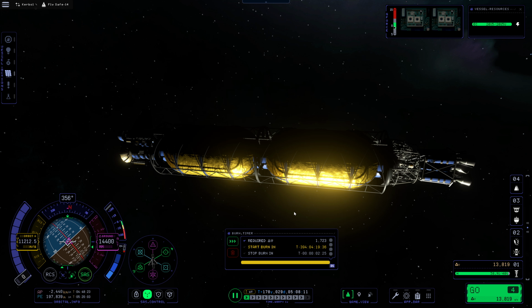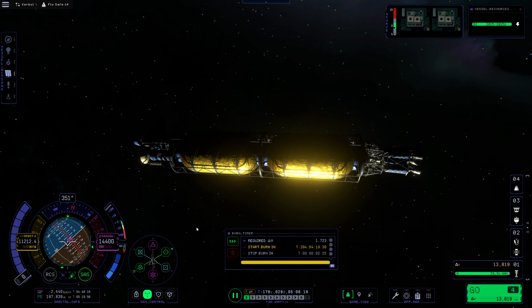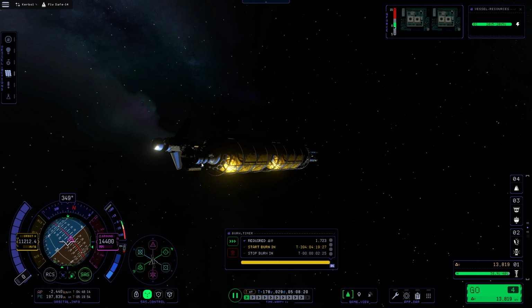That looks excellent, in fact. And we did burn off about 1 ton of fuel in that burn, it looks like. So that is certainly noted. So the idea here is we're going to deposit this in a high orbit of Lathe, and then we're going